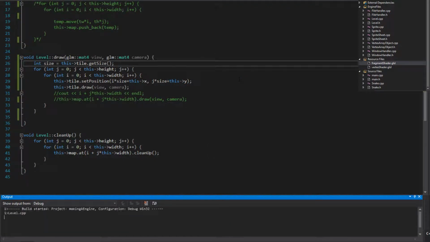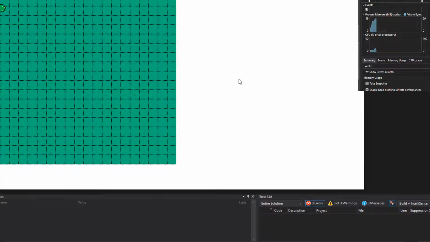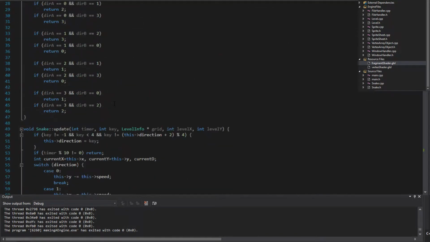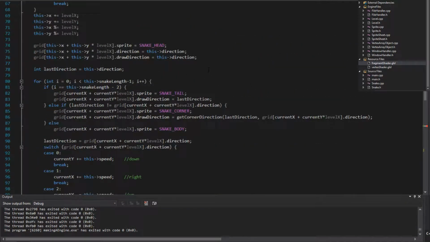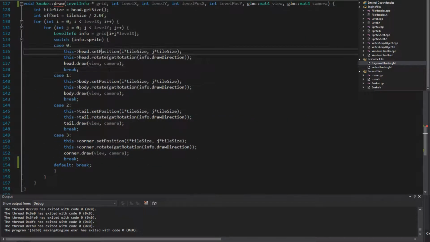So what this will do, this will not center the level, this will make the level actually on the screen rather than sort of half off the screen, and it does mean that the snake is mostly not on the level anymore, which means over in snake.cpp we're also going to have to do the same thing. We're going to have to send it level x, actual level x, in level pos x, in level pos y. No, we could just send it level. It would probably be easier at this rate. Like, that's why we've stored all level, isn't it? We might do that eventually, but for now,